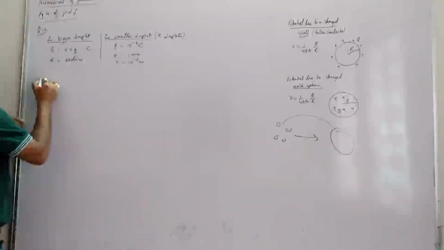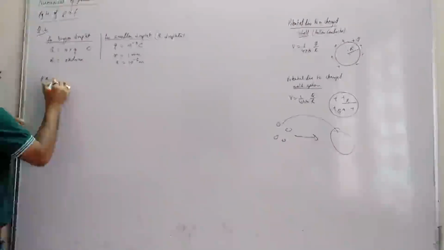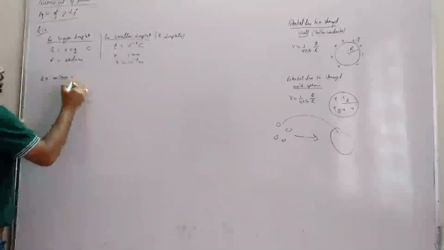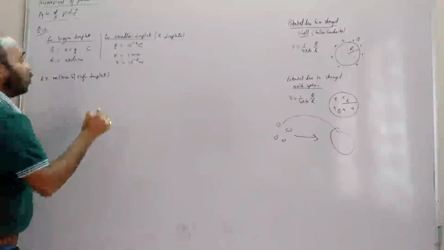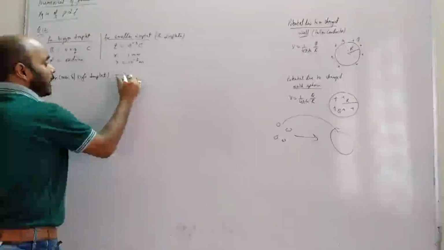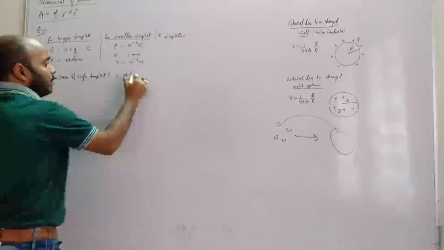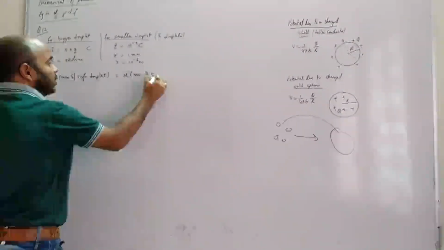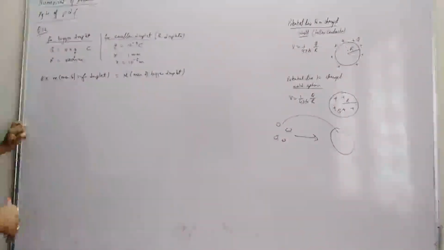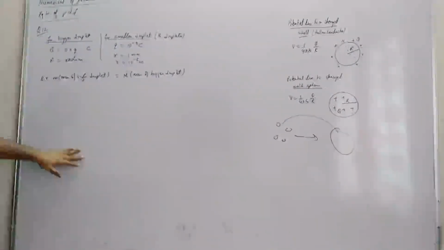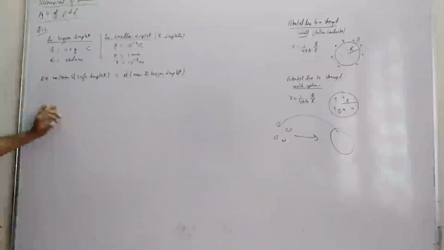That means total mass 8 into m, where m is the mass of a single droplet, equals capital M, the mass of the bigger droplet. So the mass will be conserved. Volume conservation does not hold, class. Try to understand, mass conservation holds. From here only we will get the volume relation, but don't apply volume conservation directly. I told you in class 11 also.